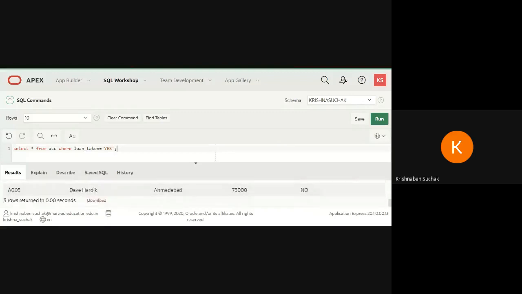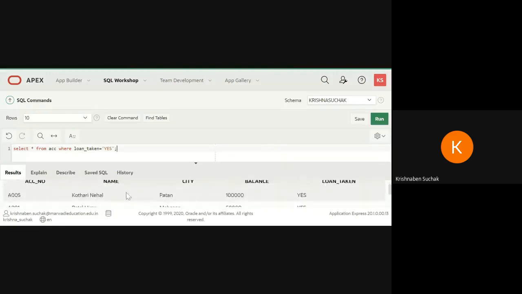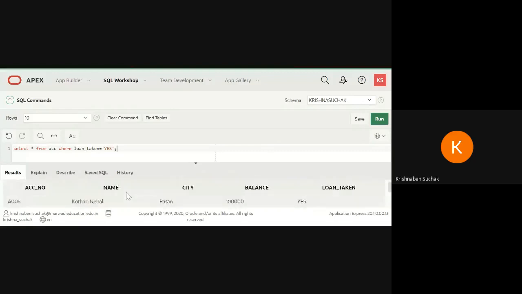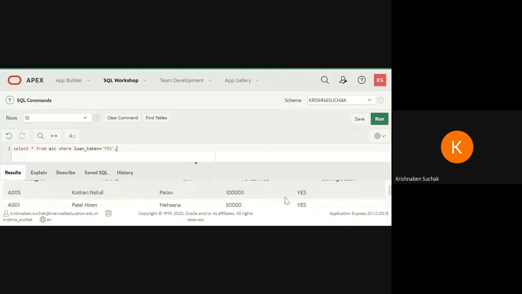So here there are three data, right? So let us check. See here you can see that data 3 yes only where loan taken is yes, that only is showing here.